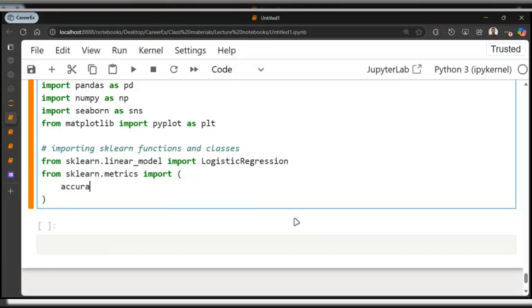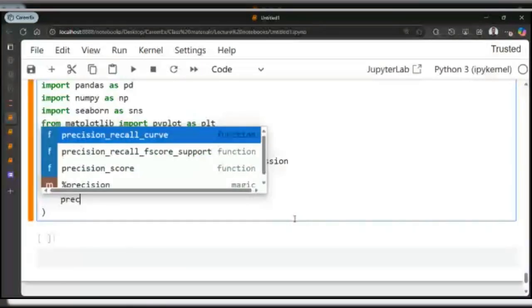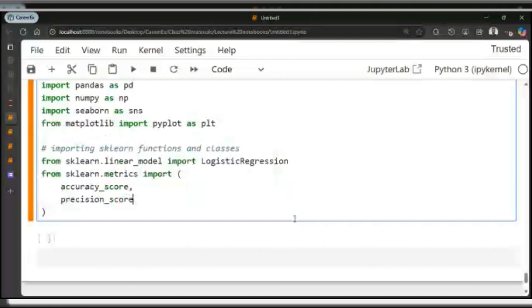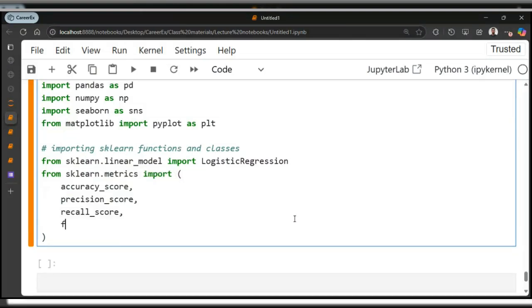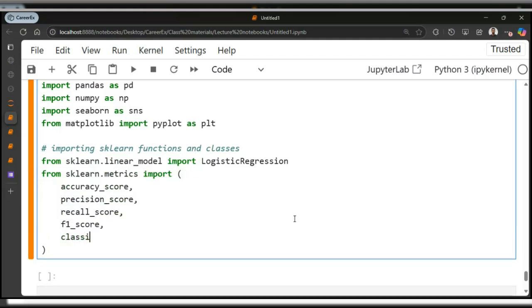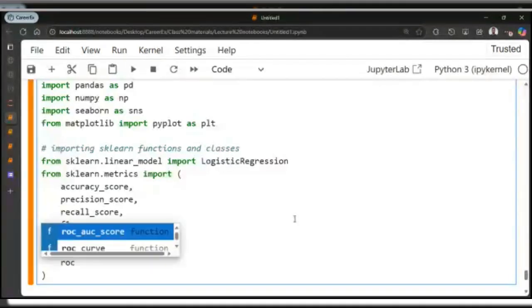Import accuracy score, precision score, recall, F1 score, classification report, confusion matrix, AUC score.